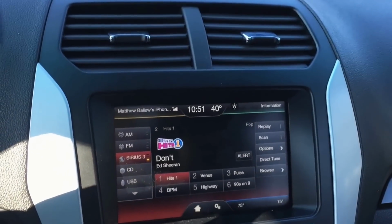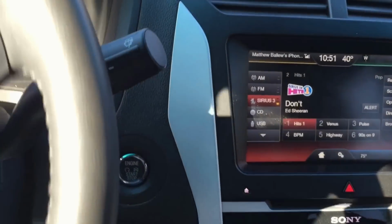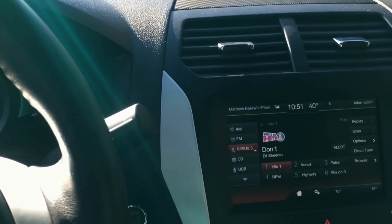So that's a thing. Oh, hey, green light. Usually when the light turns green, we don't look down at our phones, we go, but whatever. So,